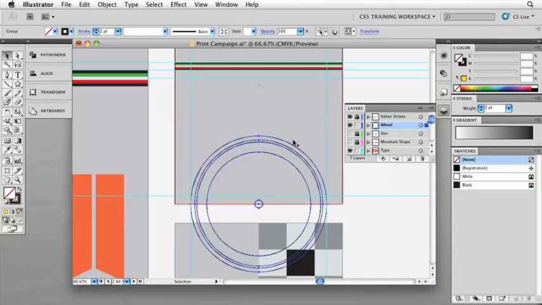But there is still a stacking order of all of these circles on this layer because they were drawn at different times in a slightly different order, okay? So I'm going to show you exactly how this works. With that entire group selected,